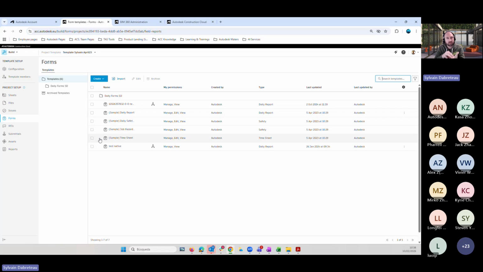So from the account administration, in this project template or a project, I will add all these 80 form templates that I need. Only 80 out of 150. So when I create my project from this template, I only see 80 forms available. And in my project, that would be the same. Out of the 150 form templates that I have in my account administration, I see only the 80 that need to be used in this project.